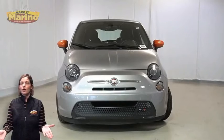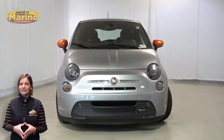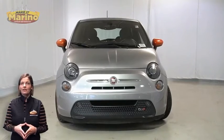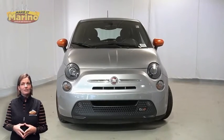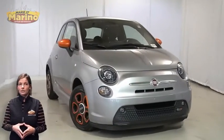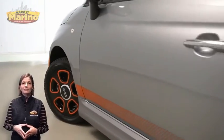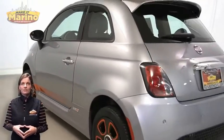If you're looking for a functional city commuter with reliability and safety, then take a look at this 2018 Fiat 500e in Pompeii Silver. With bifunction halogen projector headlamps, electronic stability control, 15-inch aluminum wheels, power heated mirrors, rear window